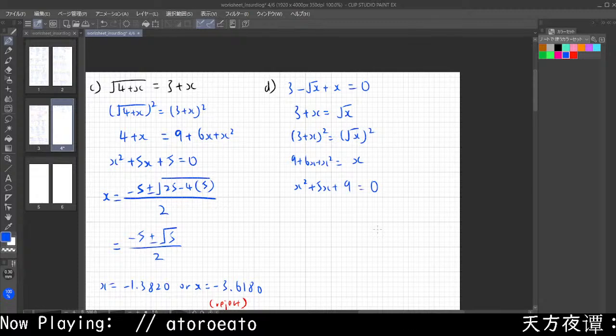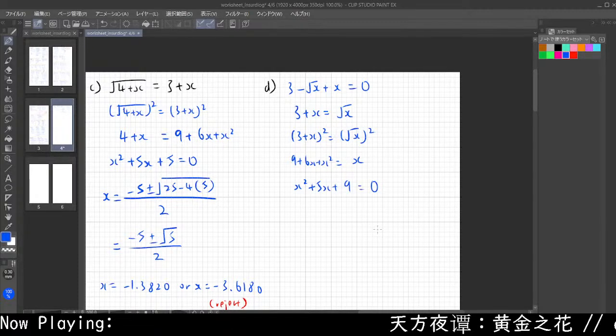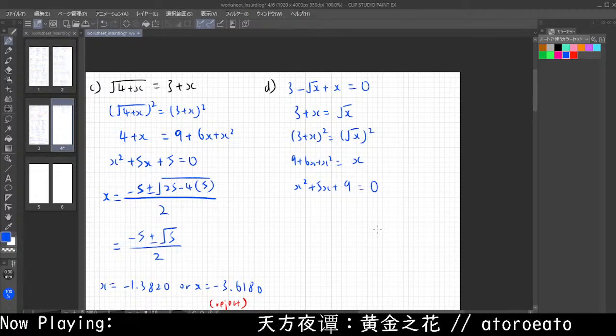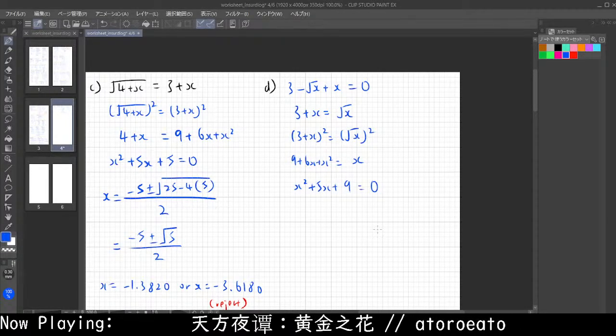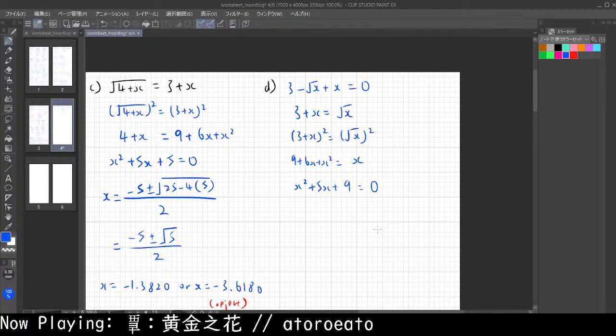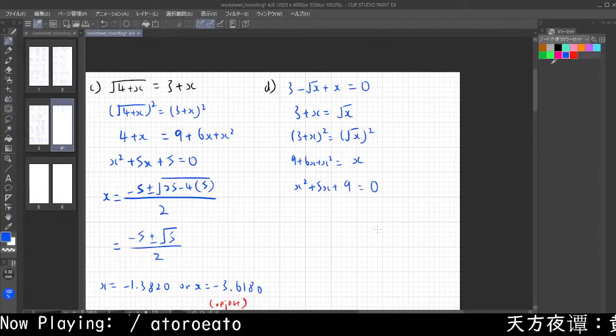Nine. Okay, this is where things get a bit weird. Yeah, you get plus 9 from this, and because it's plus 9, if you go through b squared minus 4ac, okay,